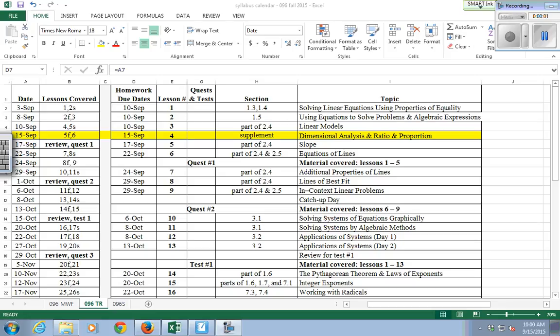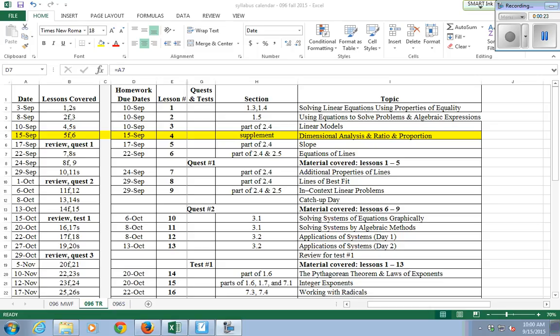Okay, so I have our syllabus pulled up here. We're going to finish lesson 5 today, which means I did the teacher-led demo portion last class, and we're going to start with the activities today. Then we're going to do lesson 6, right? And then I just want to point out that